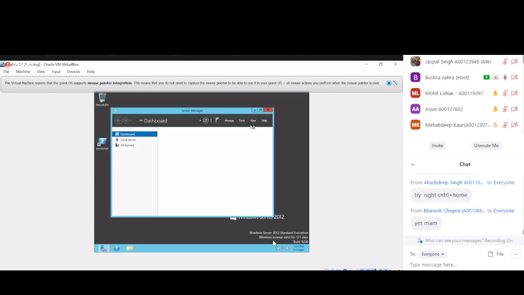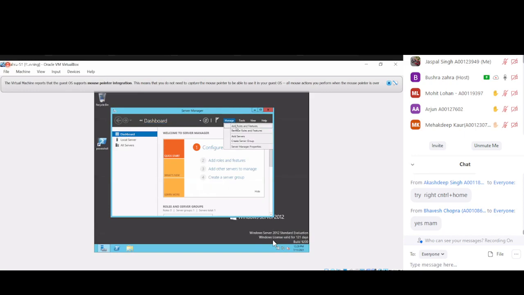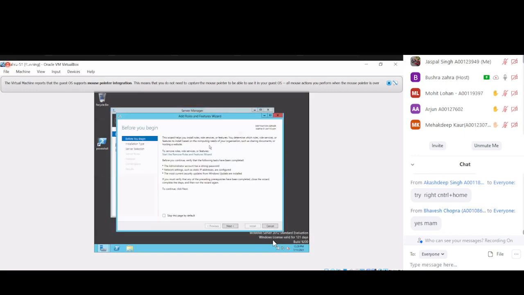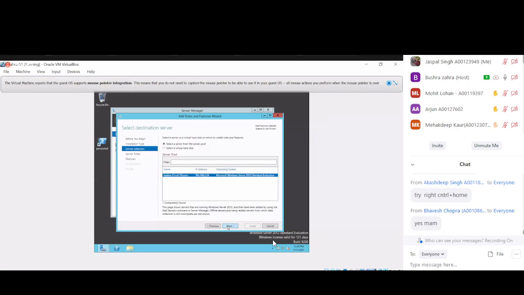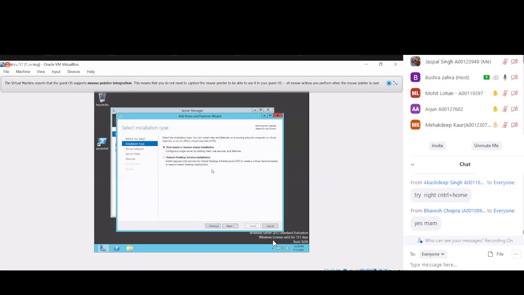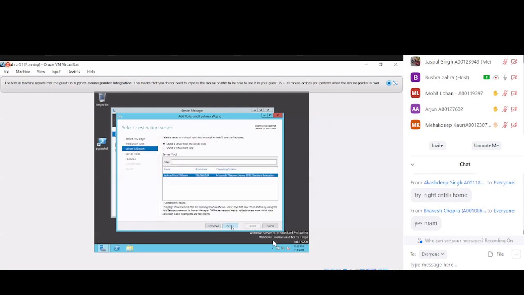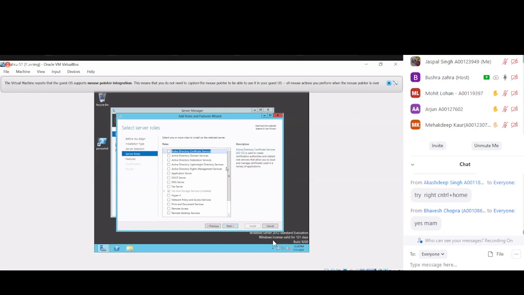So server manager has an option, manage, add roles and feature. So from add roles and features, you can add and remove any roles. So remote desktop service, you can enable it, or you can go with add roles and features. So there is some features like